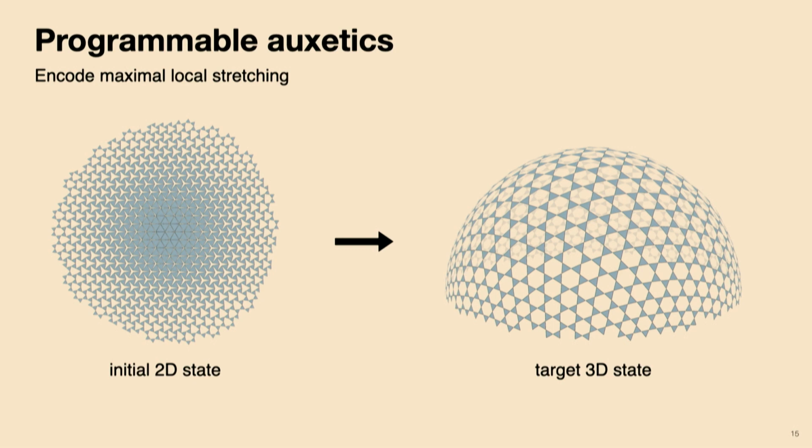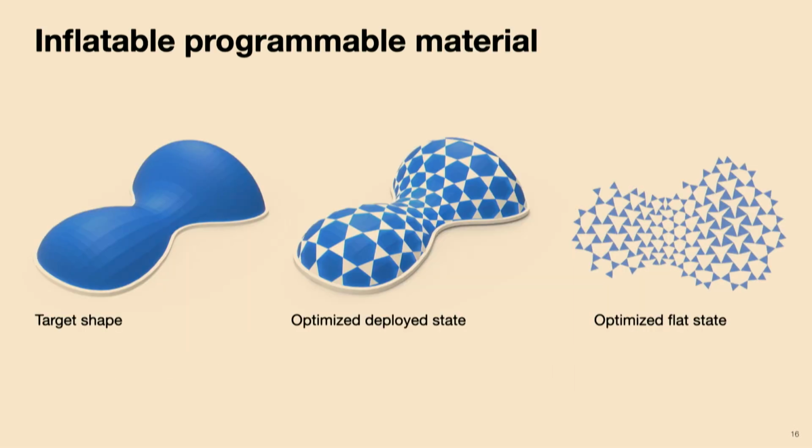So the idea is that we encode the maximal local stretching in the material by controlling the sizes of these linkage triangles, and then we encode the features of the surface by using the conformal geometry to locally know how much we need to stretch to approximate a given target shape. And another thing that we need to incorporate, as Skylar discussed as well, is we have a piece of material, but we need to actuate it with something. And in this case, we use inflation as the actuation mechanism because we have the local stretching, the maximal stretching that we can get, but then we need to stretch everything out to its maximum to get the final 3D